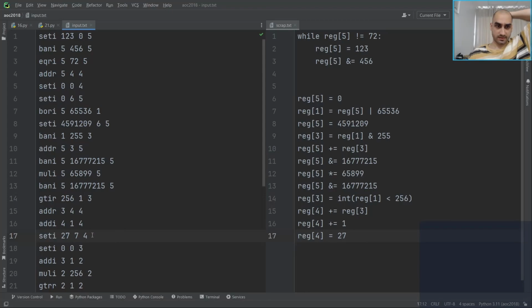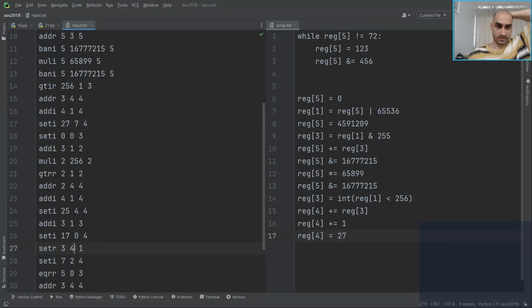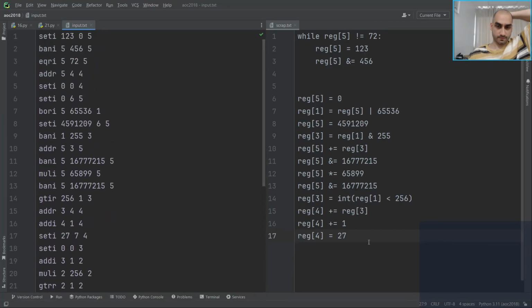So that's saying skip down to 27. And then the next instruction is